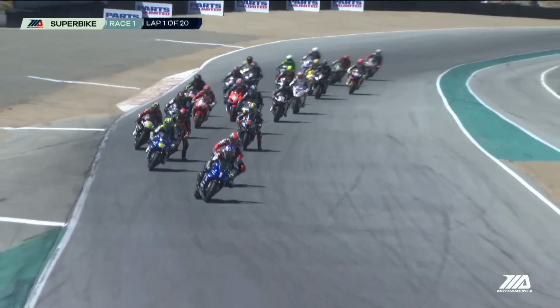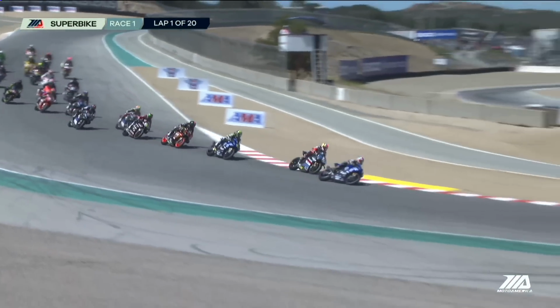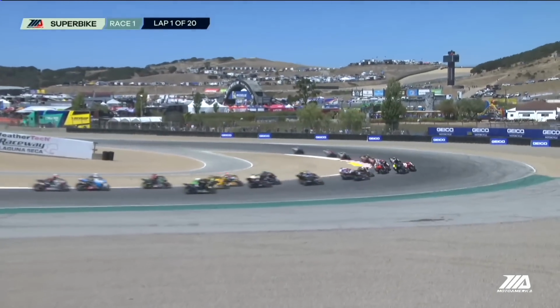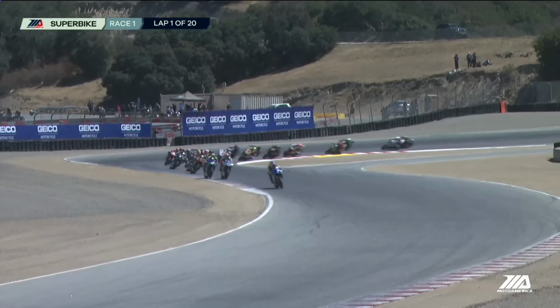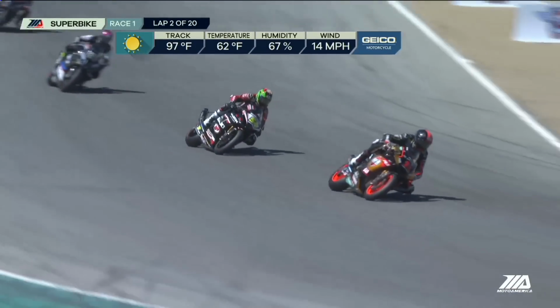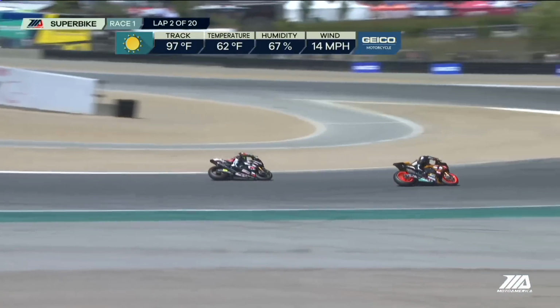There goes the number 1. He's down into turn number 2. And it's going to be Petrucci in second and Cameron Peterson, a good launch from that second row to get into third. The Supersport Championship, and it's been a progression for him on this Superbike, but the Vision Wheel M4 Suzuki team,